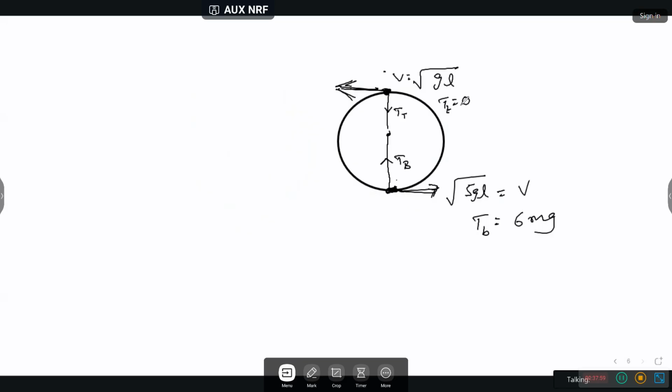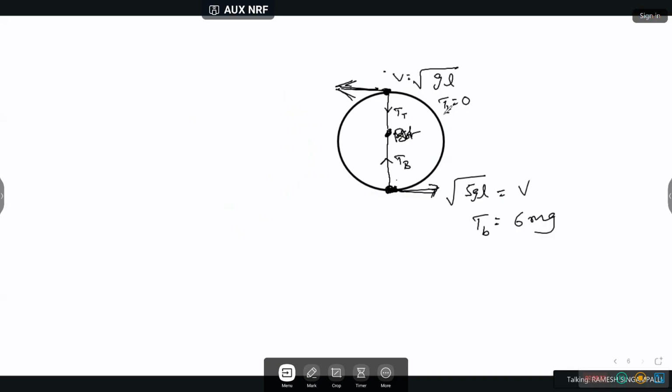Listen. Suppose a block of mass M is suspended by a string or wire of length L and uniform cross-section area A. One end is fixed, and the other end is suspended by a rigid support. Rigid means screw, bolt. With a bolt we suspended it like this. Now it is rotated in a vertical circle.